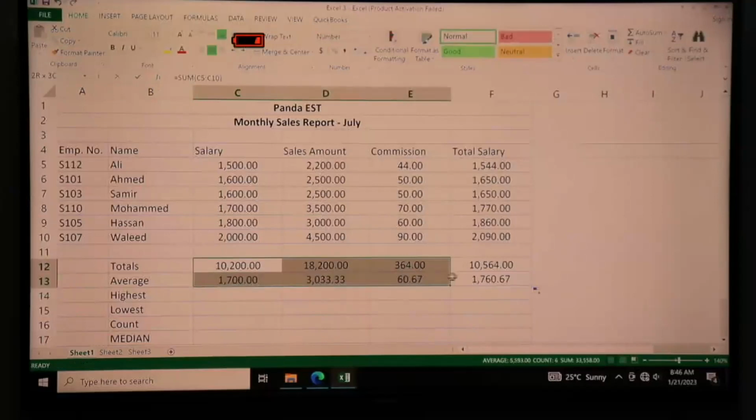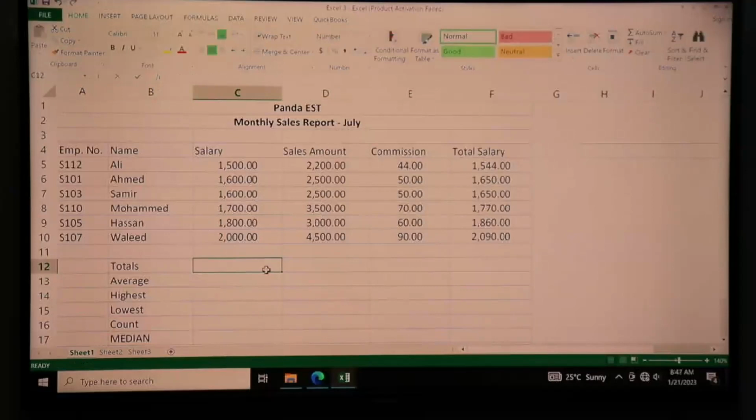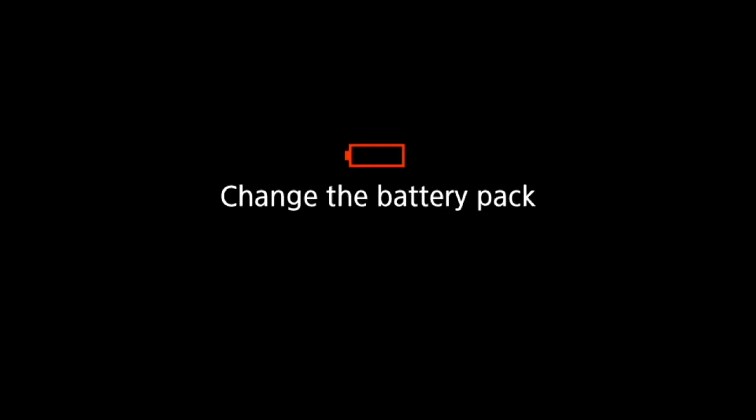Alternatively, you can also type that function directly using the keyboard. That is, you start with an equal sign, then you type SUM. Once you type SUM, you double click on it, you highlight the cells to be acted on, then you close the bracket and press enter. It still gives you the same value. If it is average, again you type AVERAGE, select the range of cells to be acted on, then close the bracket, and that will give you the average.